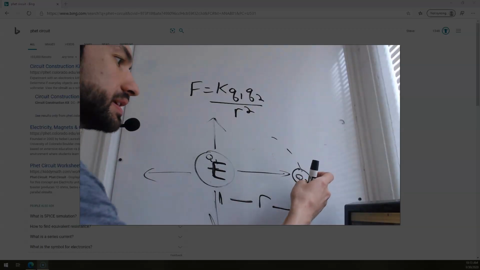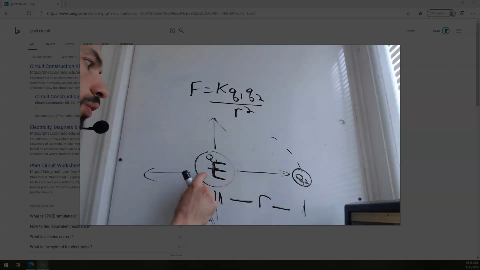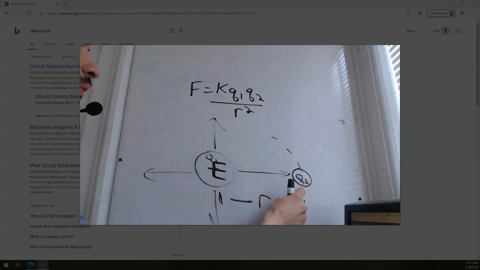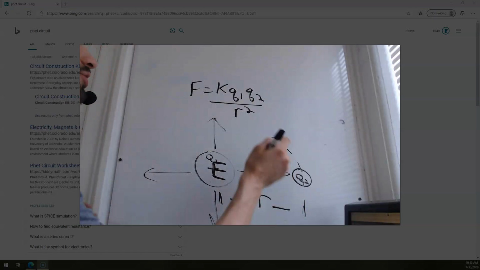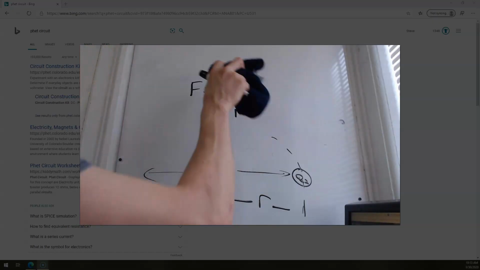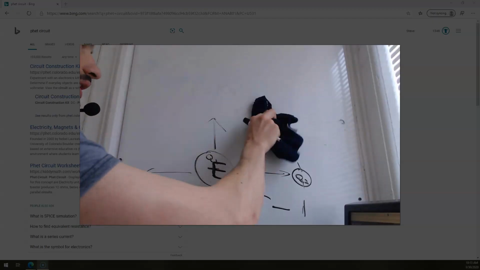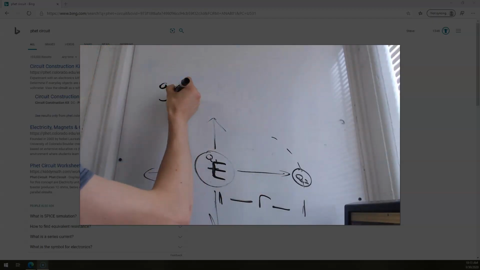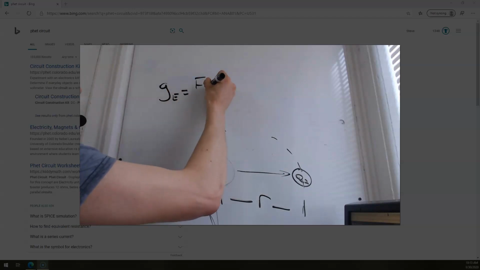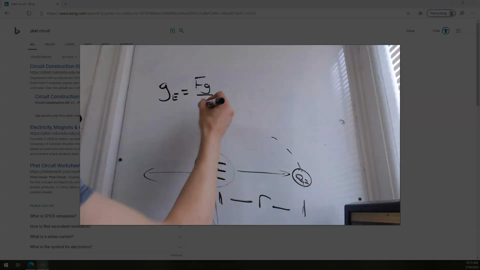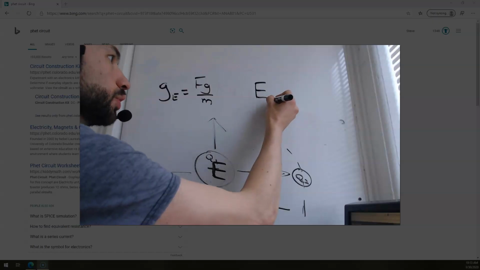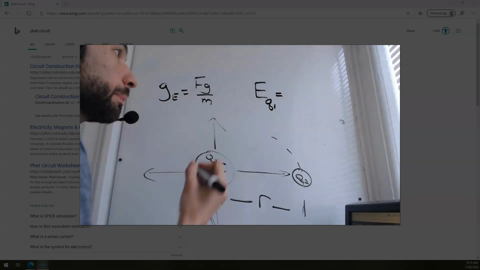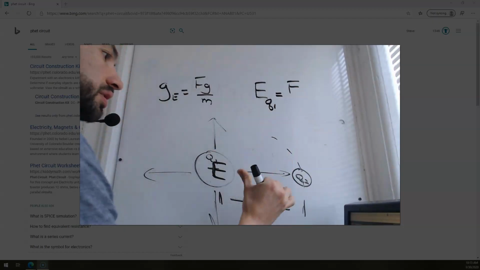So I divide by the other thing because I don't want this one to go away. So if I want to know the field strength due to charge 1, I'm actually going to divide by charge 2. And just like field strength for the Earth, on the surface of the Earth, was the force on that mass divided by the mass, the electric field strength due to Q1 will be the force that you calculate